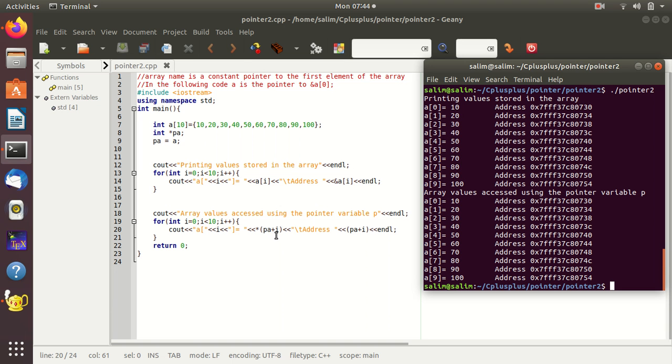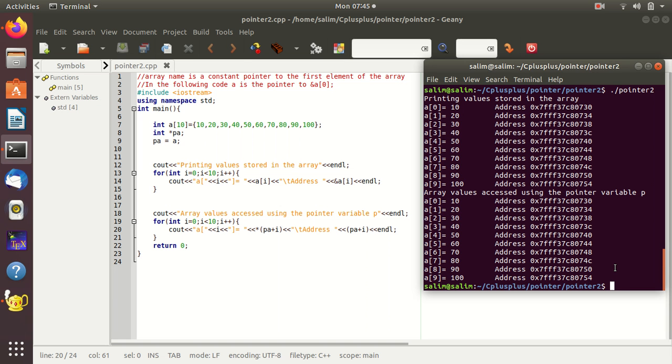We will increment the pointer variable PA, and we access the value stored in the memory locations corresponding to the memory address the pointer variable holds, and we will also see the address of the corresponding memory locations. Okay, so now we will run this code.